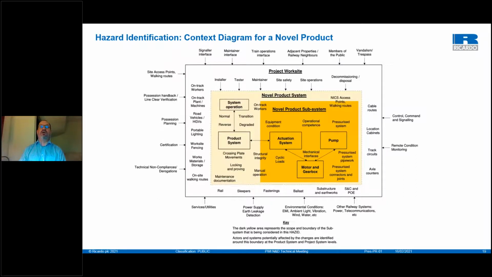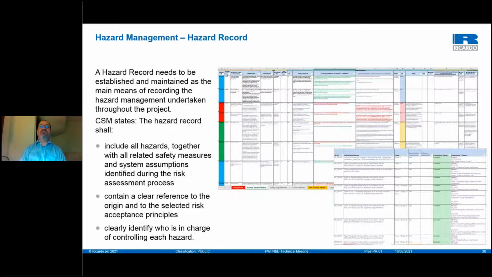Okay, mention the hazard records. I won't go into too much detail, but these are effectively the main means by which hazards that have been identified throughout the project are logged and treated throughout the project. So you will identify the hazards, go through the risk acceptance principles, assign risk acceptance principles, and from that define safety measures, the requirements,